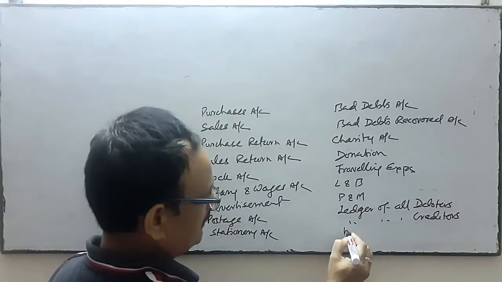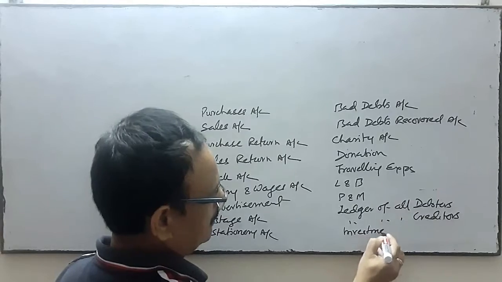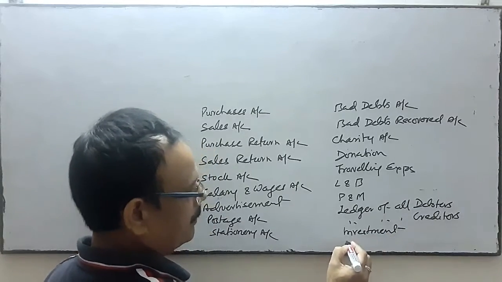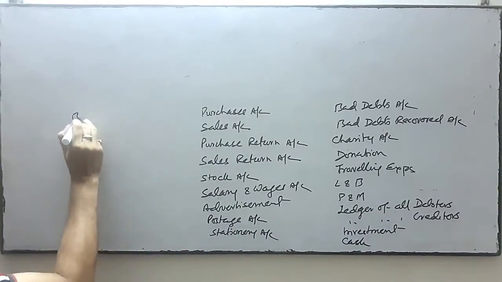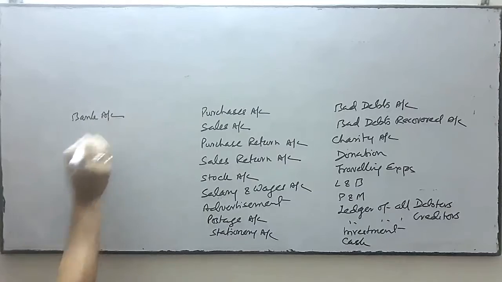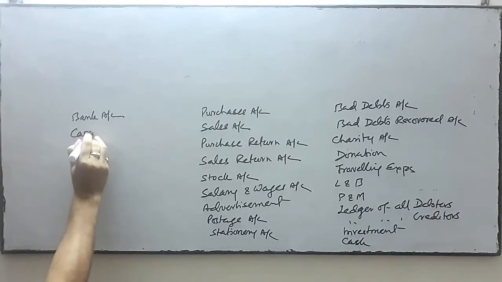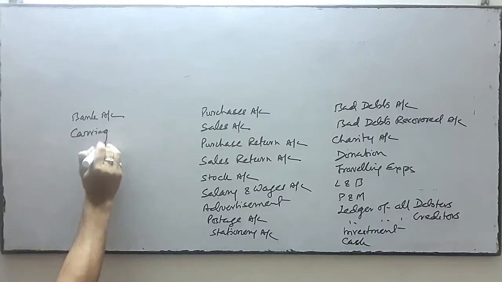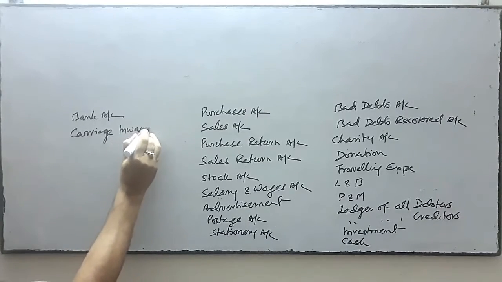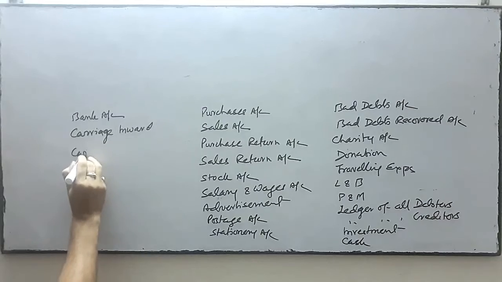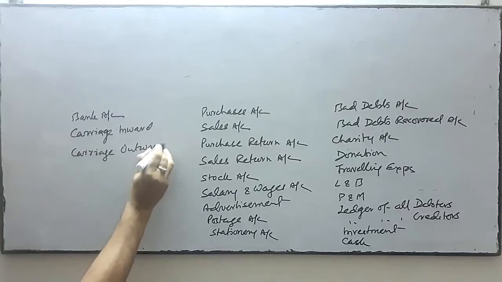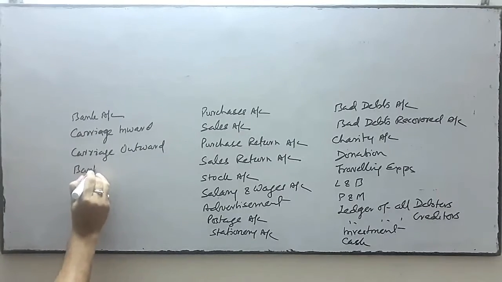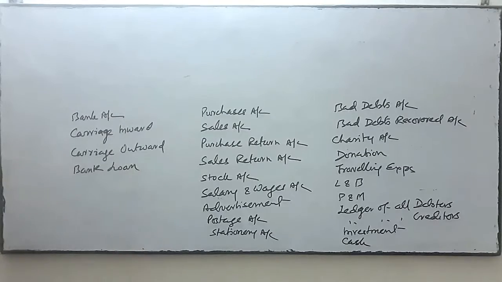Okay, investment, ledger of investment, ledger of your cash, ledger of bank account, carriage inward, carriage outward, bank loan, ledger of bank loan, if there is a bank loan, ledger of depreciation,